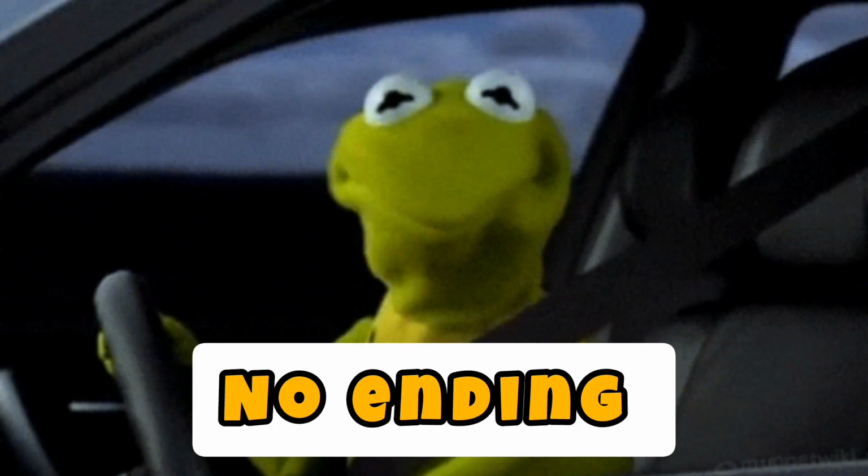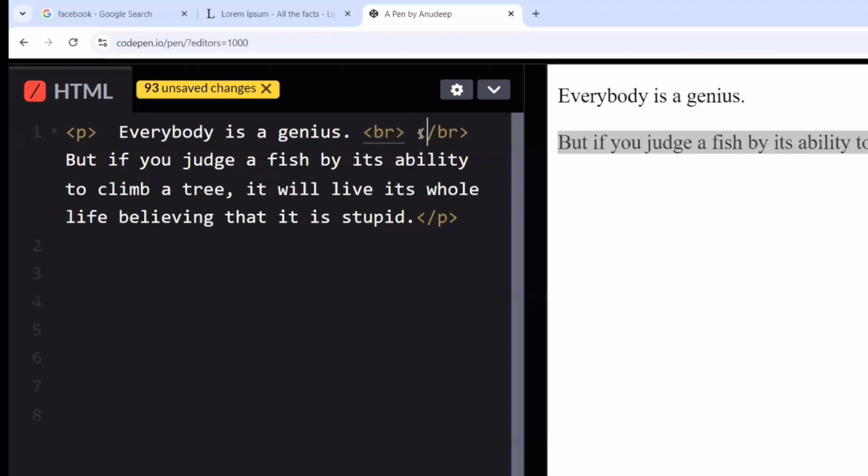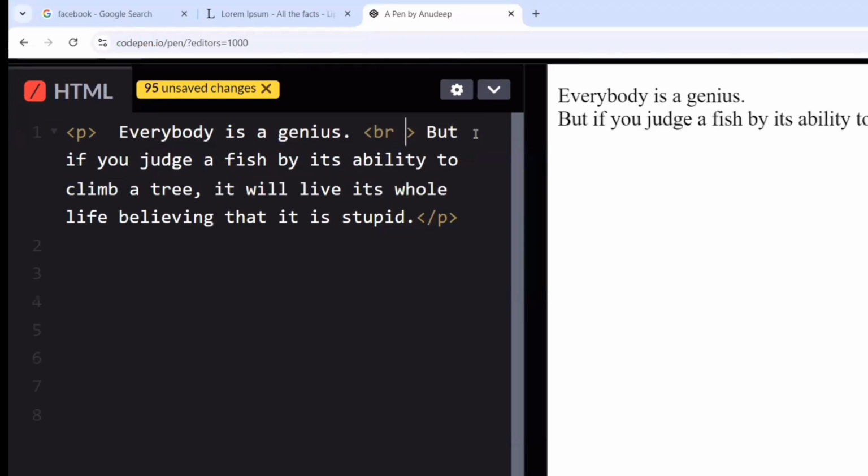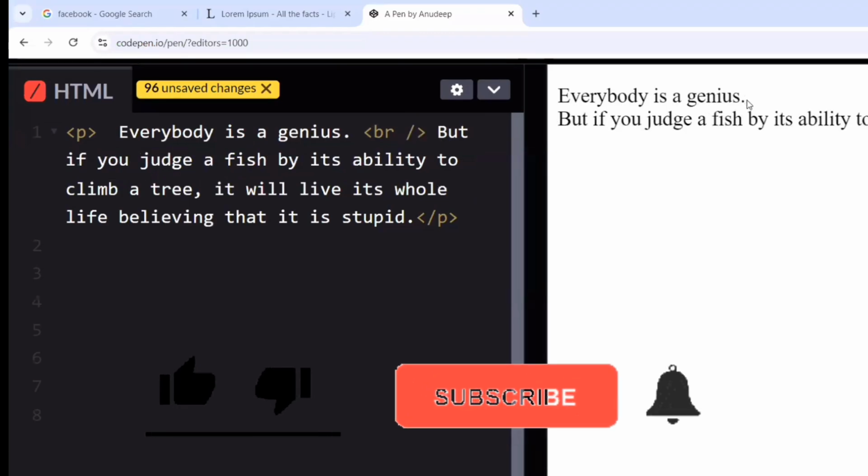BR does not have an ending. It is also called a self-closing tag. We don't need to write a separate opening and a separate closing for a BR tag. What we can do, simply after this BR here, I can put a /. Now what will happen after